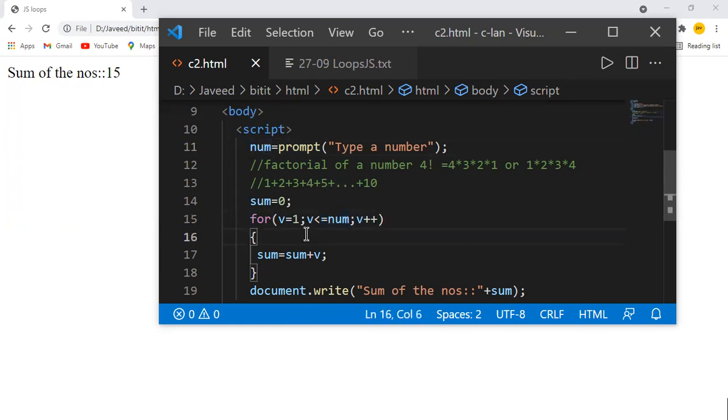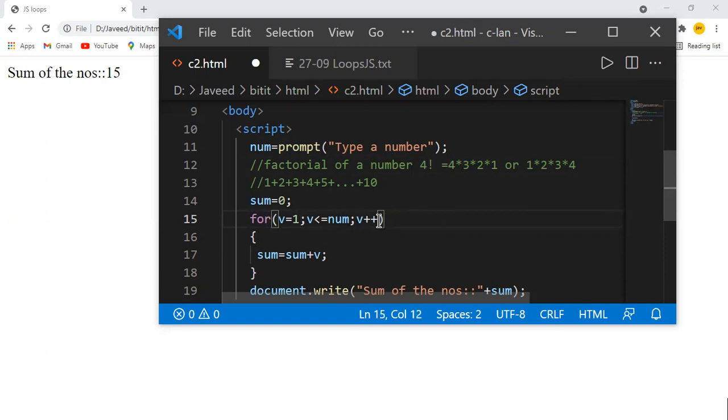Okay. Now, similarly, let us say I want to find out the factorial of a number. How to find out the factorial of a number? We said it's going to be the multiplication of all the numbers, for example if you take the number 4, 4, 3, 2, 1. So I need to multiply all the numbers from 1 up to 4, or from 4 down to 1. Either way we can follow it. When you say down, I mean you want to decrease the value, so instead of plus plus, minus minus can be used. Okay, for now I'm using only plus plus.